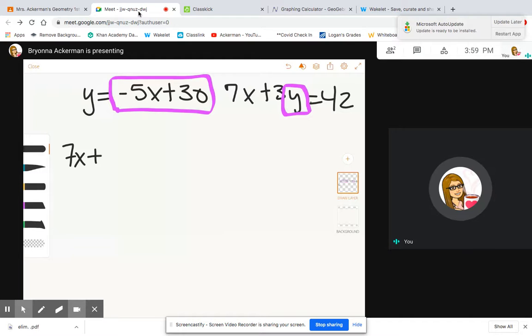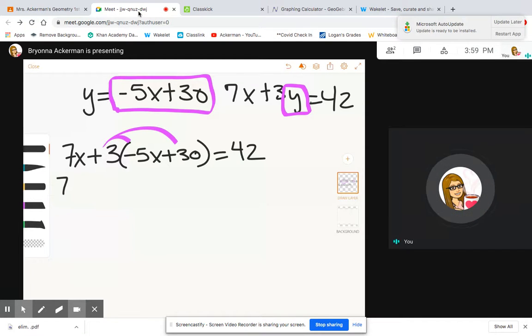Okay? So my equation on the right is 7x plus 3y. But instead of y, I know that y equals negative 5x plus 30. So I'm substituting that in for x. I'm sorry, for y. Okay? And then that's going to equal 42. Now I can solve. So I can distribute here. And so I'll be left with 7x. And we get a 3 times a negative 5x, so it's a negative 15x. And then we have a 3 times a 30. And so that's going to be 90